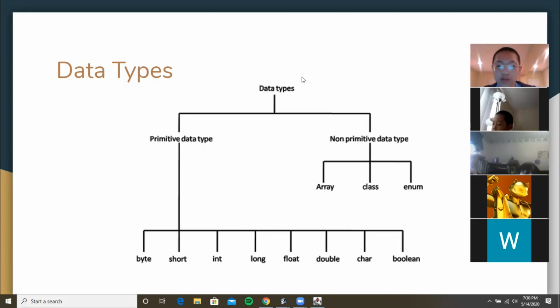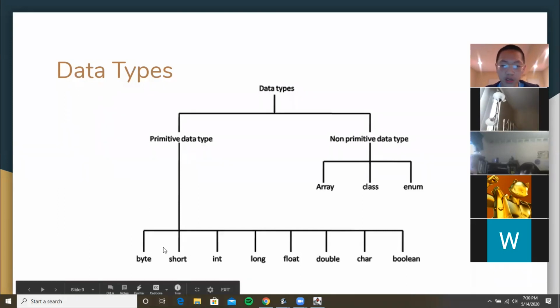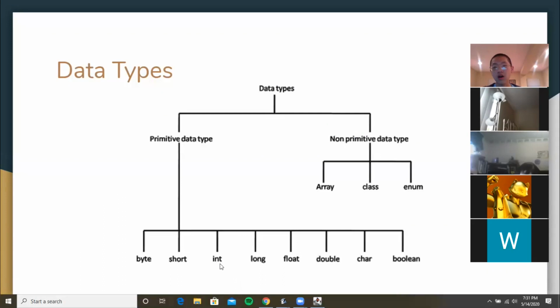There are two types of data types, primitive and non-primitive. The primitive data types are what you usually use when you create a variable. The ones we'll focus on are int, which is an integer. For most numbers you're going to be using int.